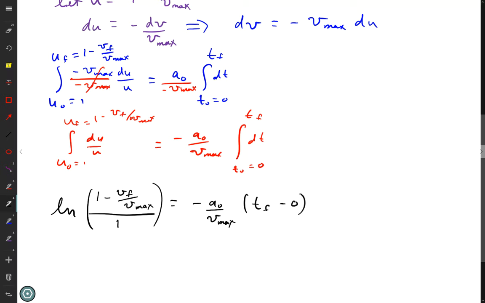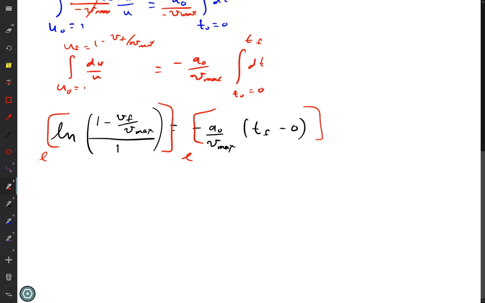All right. Simple enough. I want to solve for v final, but it's in a natural log. So how do I get rid of a natural log? E raised to this is equal to e raised to that. And e and natural log are inverse functions, so e raised to the natural log is just going to be the argument of it. So I'm left with 1 minus v final over v max is equal to e raised to the